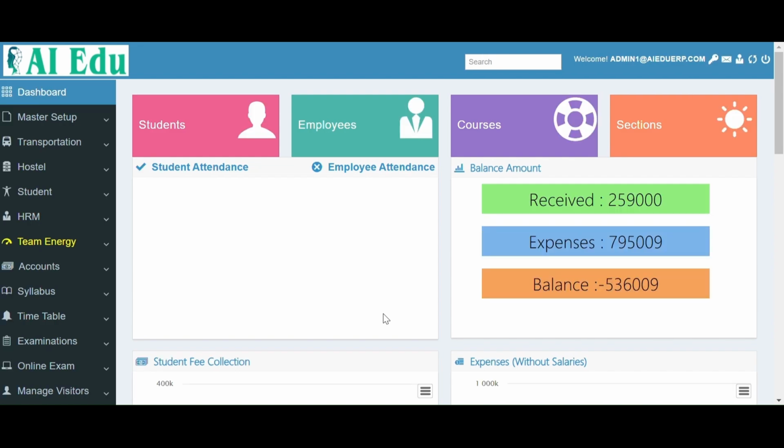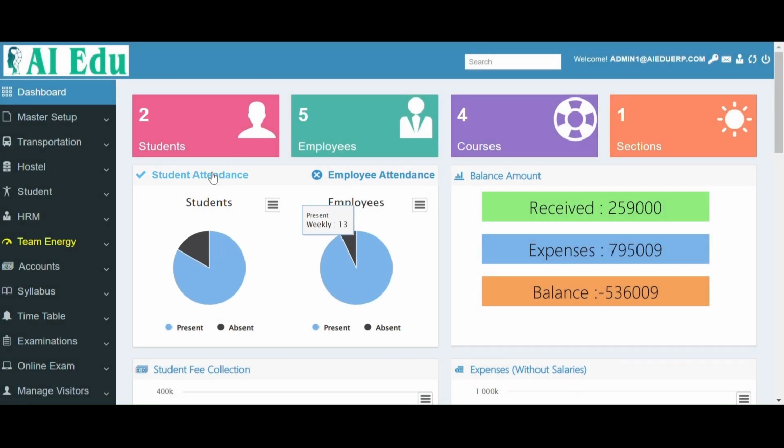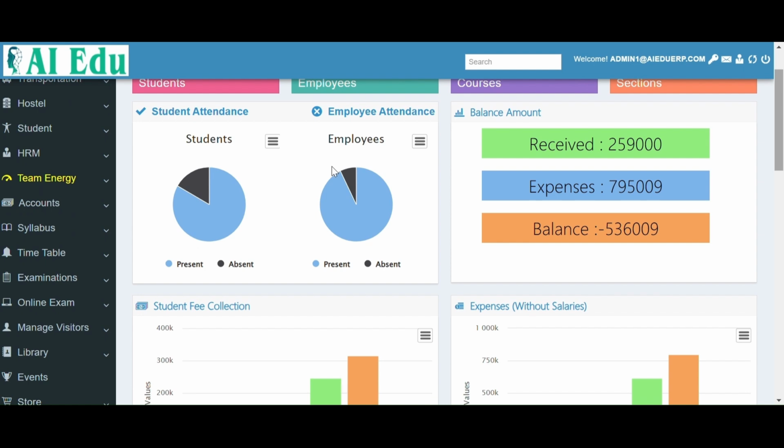To login, you can see the dashboard. In the dashboard, you can see the information related to number of students. This is the sample data: employees, courses, sections. You can view the student attendance, balance amount,